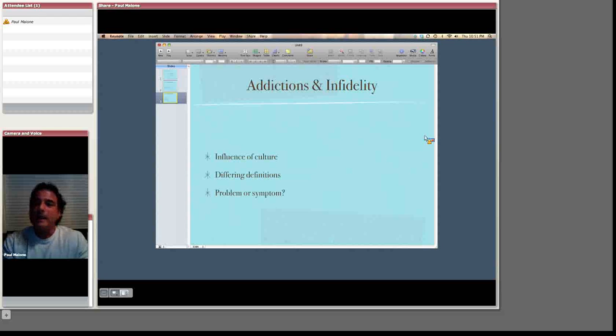And right away, that gets people thinking about the context that this affair happened in. Not every situation or case is the same, but by and large, it'll resonate with many couples that infidelity doesn't typically happen in a vacuum. And so we want to walk that fine line between staying connected to the person who was hurt by the infidelity and not giving permission for the infidelity, at the same time staying connected to the person who has committed the infidelity by putting it in context and putting it in perspective. As you can imagine, this is a very fine line to walk.